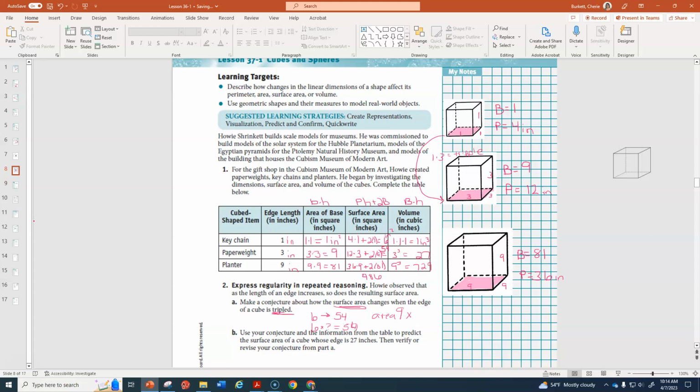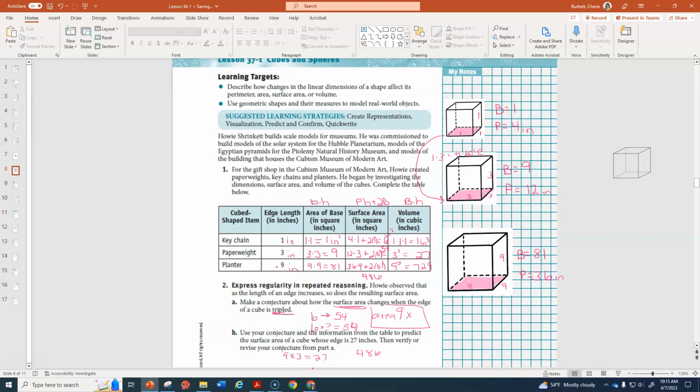Okay, it says use your conjecture and this information from the table to predict the surface area of a cube whose edge is 27. Okay, so if we look at this one, if we consider that one as our original one, and we multiply 9 times 3, that's tripling it, we get a new edge that's 27. So that should mean that we should be able to take this surface area right here, which is 486, and